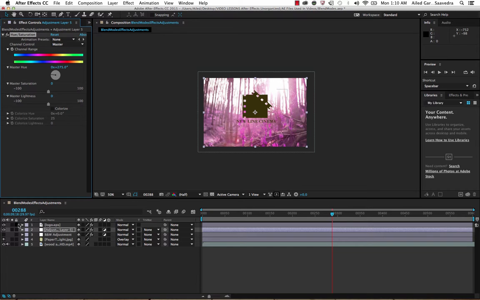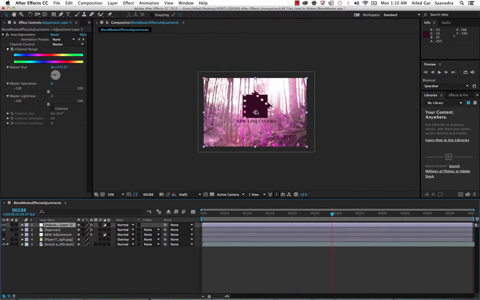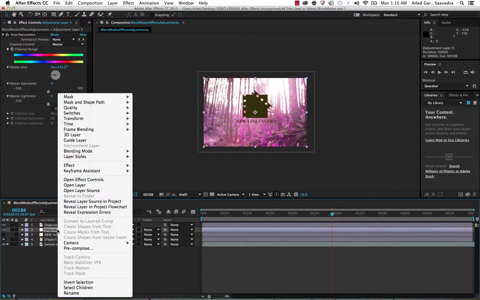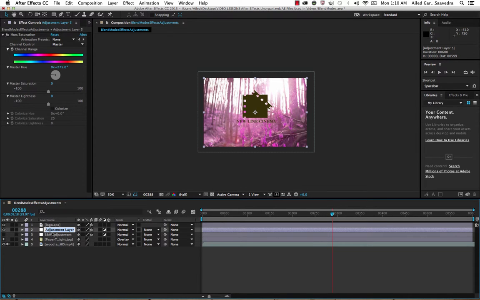Okay. So you'll notice if I turn it off, if I move it upward, it'll apply to everything beneath it, even turn the logo a different color. Or you can just play around with the positioning of it and see what it does. That is a combination. It only applies to the bottom one. I'm just going to go ahead and leave it there. I'm going to right click it, rename it, and call it